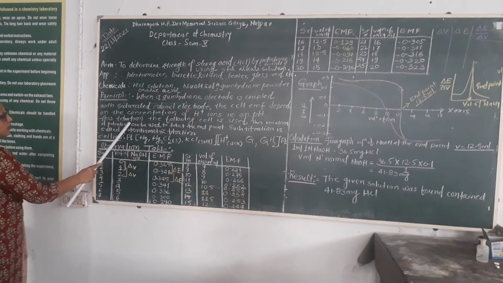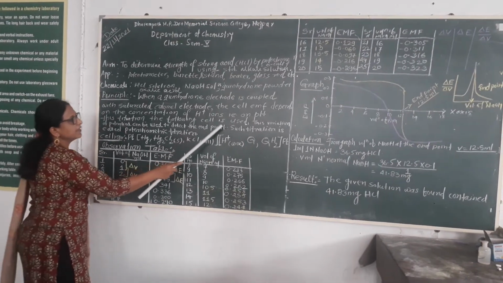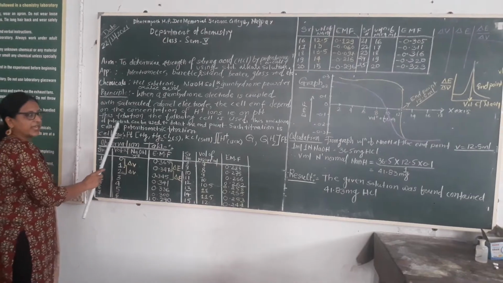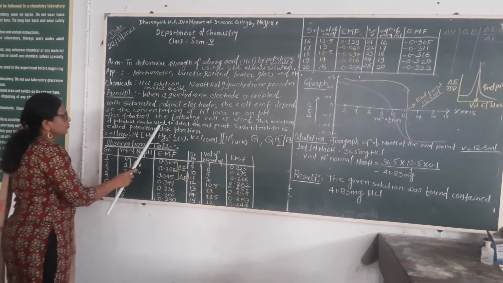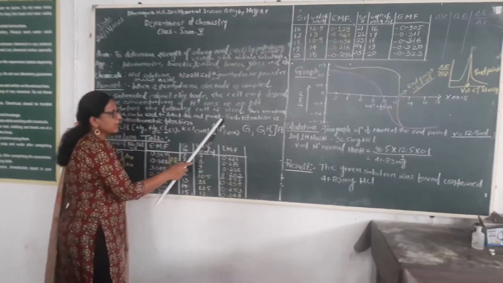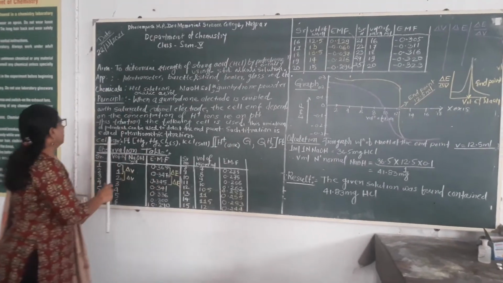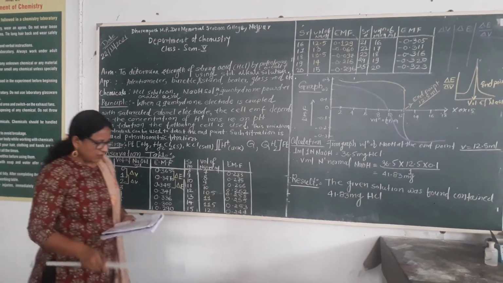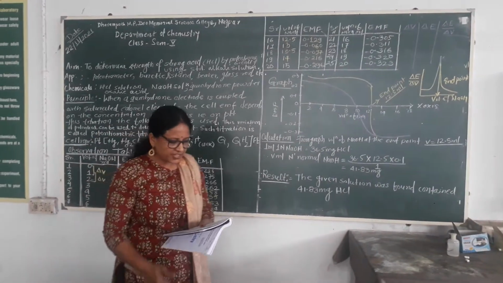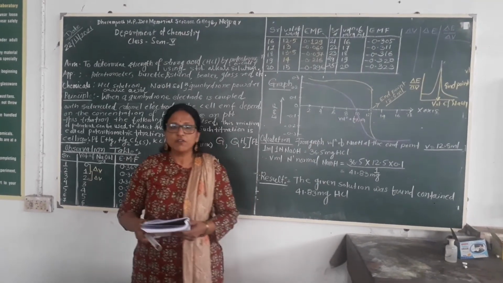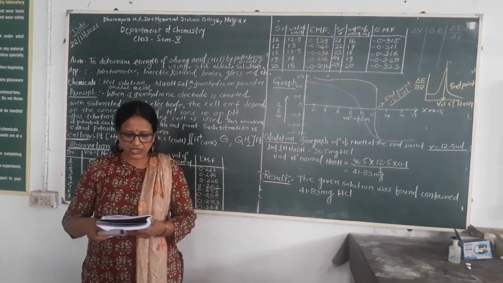In this titration, the following cell is used. This variation of potential can be used to detect the end point, and such a type of titration is called potentiometric titration. The titration in which the equivalence point is detected on the basis of change in electrode potential is called